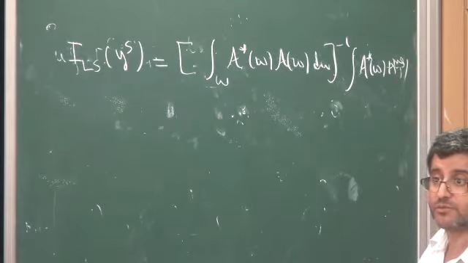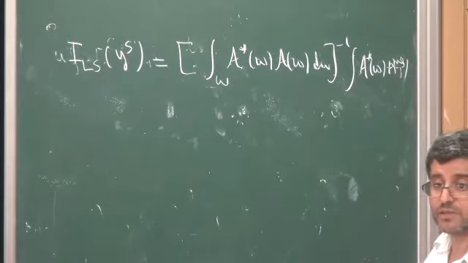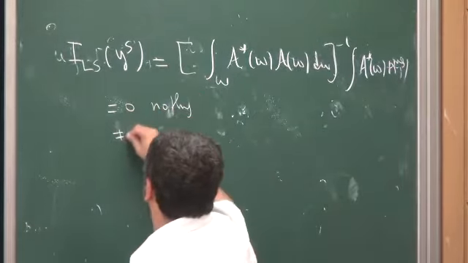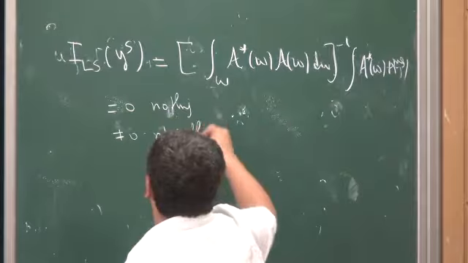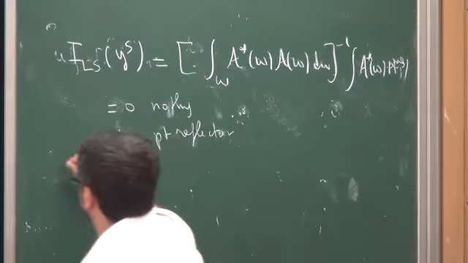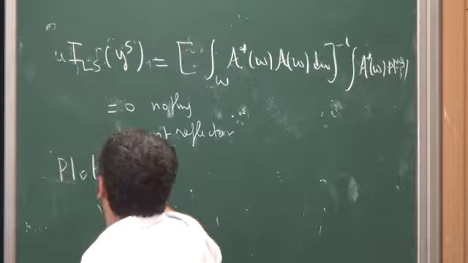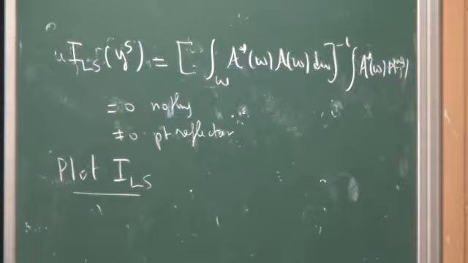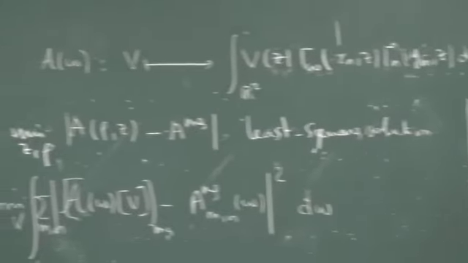If it's 0, there is nothing. If it's not 0, then there is a point reflector. Okay. So if it's 0, it's nothing. And if it's not 0, then there is a point reflector. So what you do is you plot A_LS just in the domain of concern, the search domain. Here, you are looking at point reflectors. You compute its value everywhere here on some grid. And if it's 0, there is no point reflector. If it's not 0, there is a reflector.